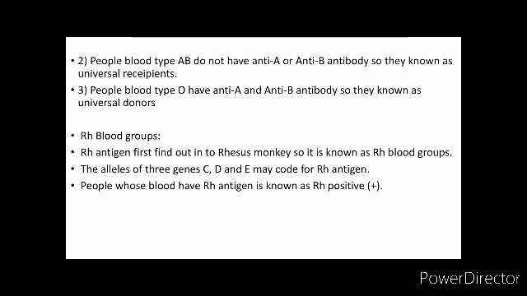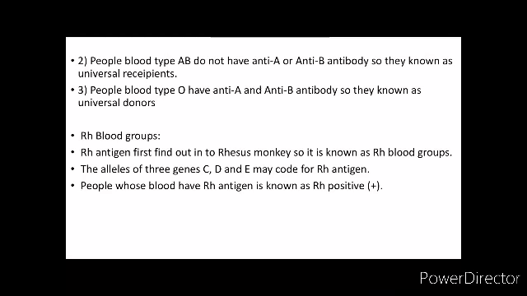from A blood group, B blood group, AB or O blood group. So we call them universal recipient. Similarly, if the person's blood group is O type, they have anti-A antibodies, anti-B antibodies, both. That means they cannot take blood from A blood group or B blood group or AB either. But they can give blood to each and every blood type, so we call them